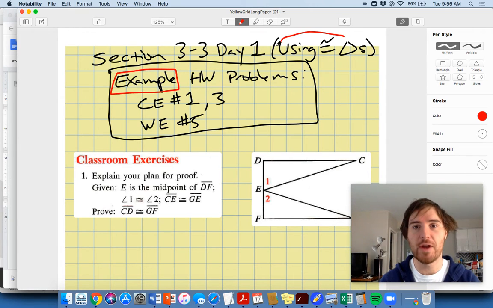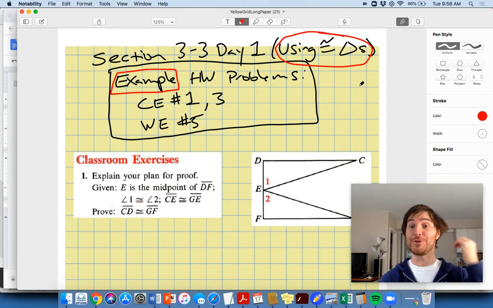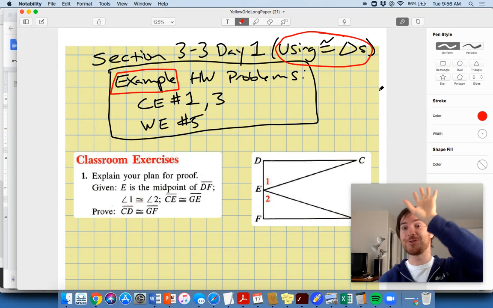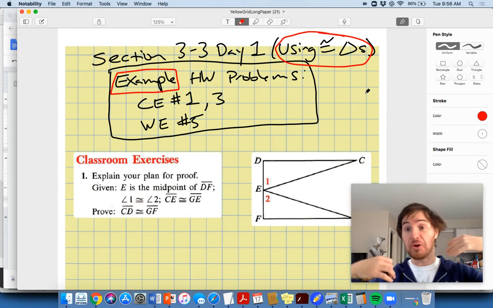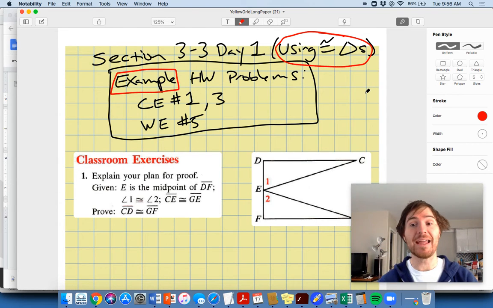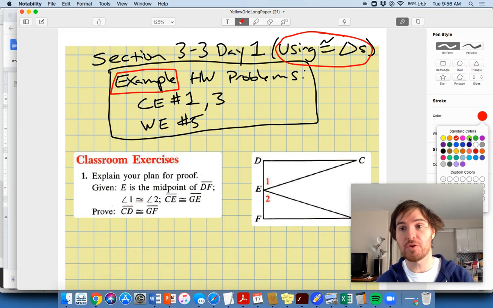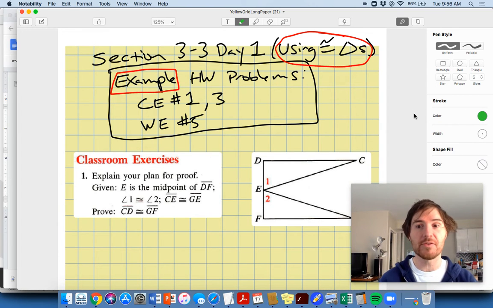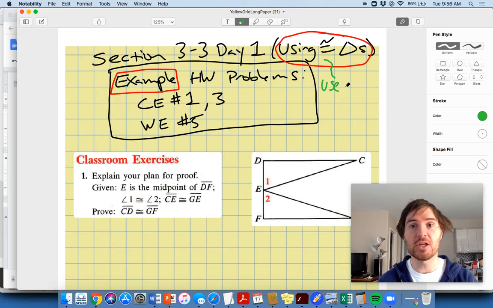We're using congruent triangles. And this is a big one, guys. If we're going to use congruent triangles, we know one triangle is congruent to another triangle. How could we use those triangles? Well, my guess is where your brain should go is that if you know I have this one triangle congruent to another triangle, you're going to then use